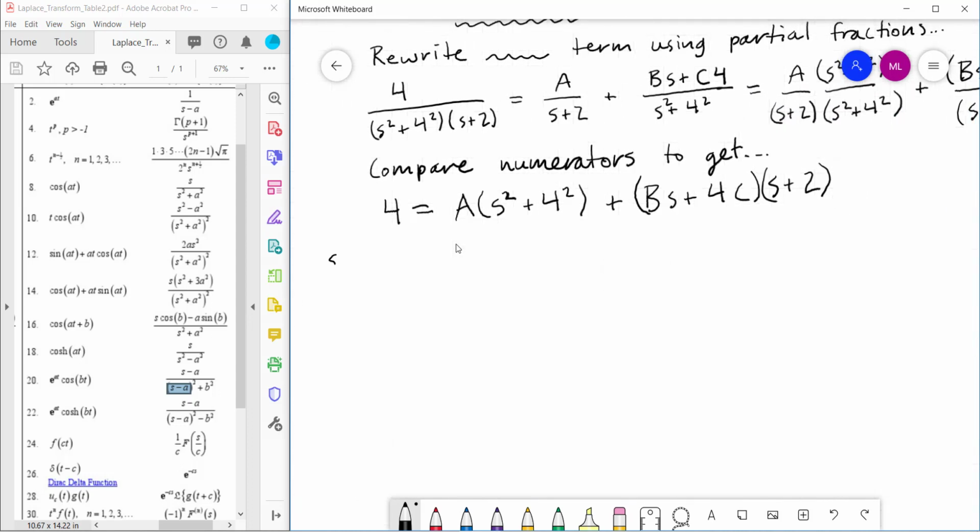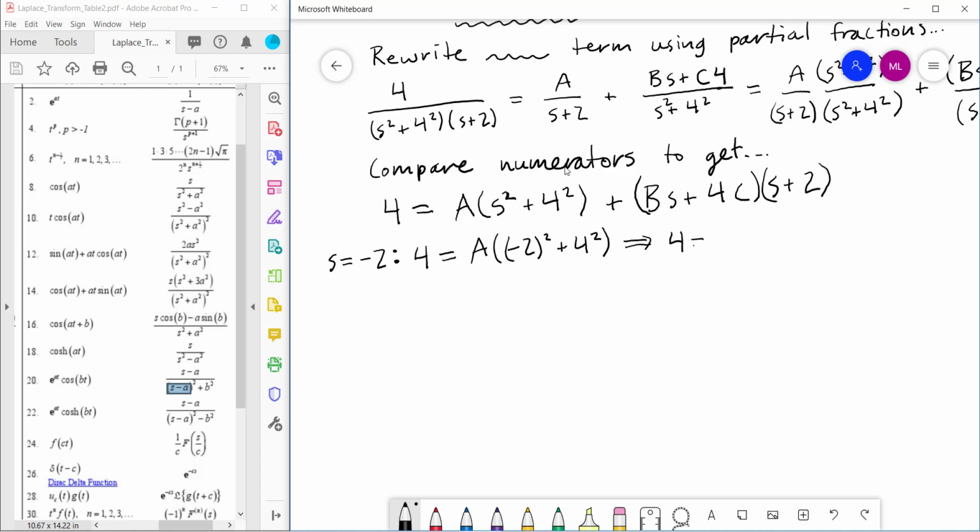I'm going to start by picking some convenient values. I'm going to pick s equals -2. If I pick s equals -2, then on the left side of the equation, I'm going to have 4 because it's a constant. There's nothing I can do to change that. And it's going to kill off this whole term over here. But on this side, if s is equal to -2, I'll have -2 that's being squared, so that'll be a 4. So I have a times (-2 squared plus 4) squared,